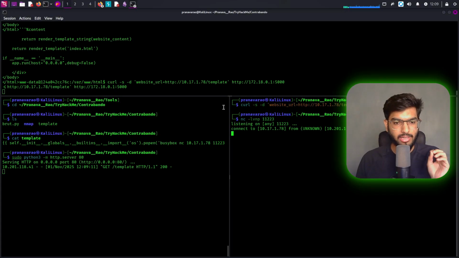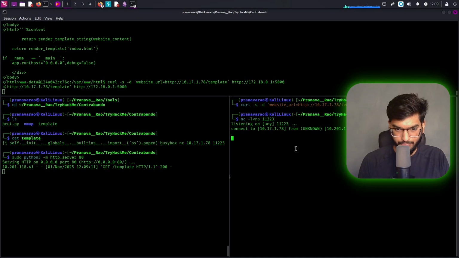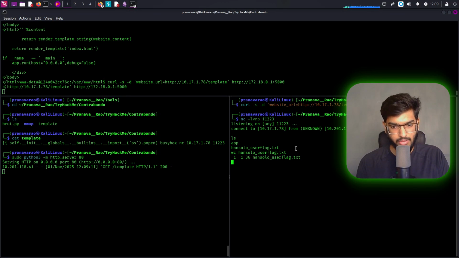So it's nothing but running the command which is present here. It's going to run the self init globals, and it's going to import OS to get us a reverse shell. So we are connected to the shell here. So ls, we see the first flag of this user. We can cat this file, which I would not do. I would just see the word count of han_solo_user_flag.txt, and it gives us the word